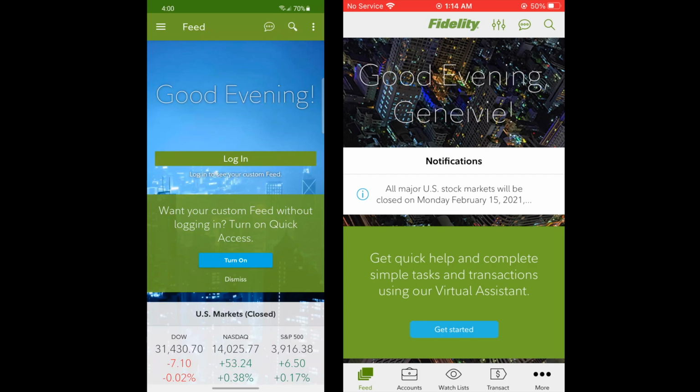Today I'll be teaching you how to set up alerts through Fidelity. So I recently switched to Samsung from an Apple and noticed there's a slight difference in the user interface, so I'll show you on both devices how you can set up your alerts,